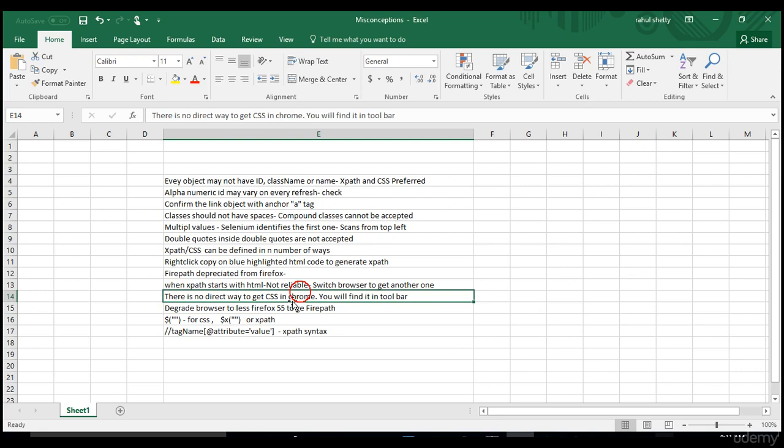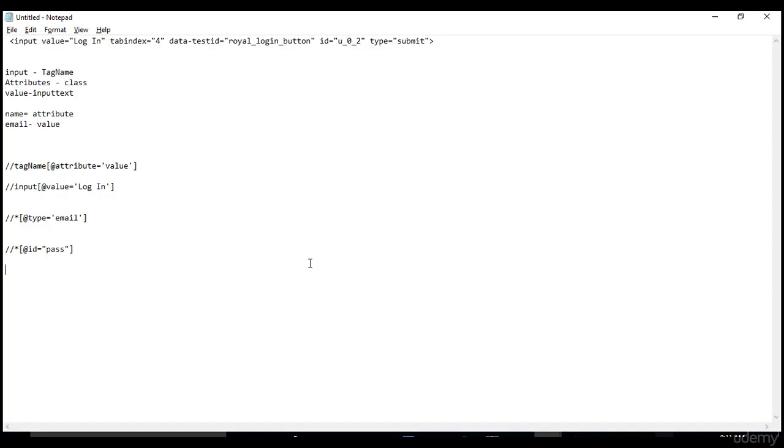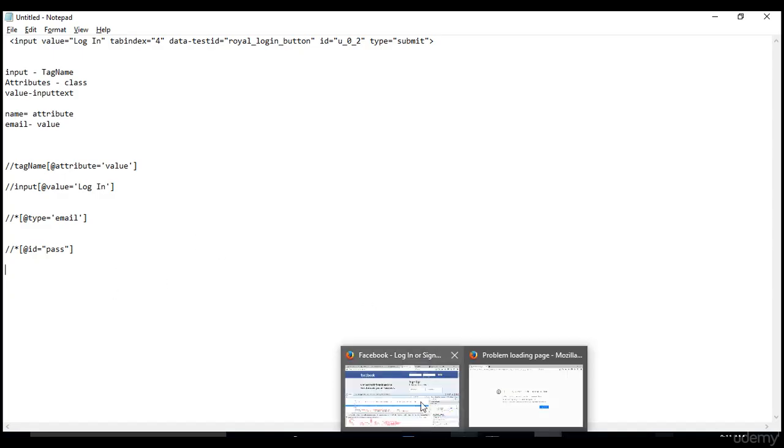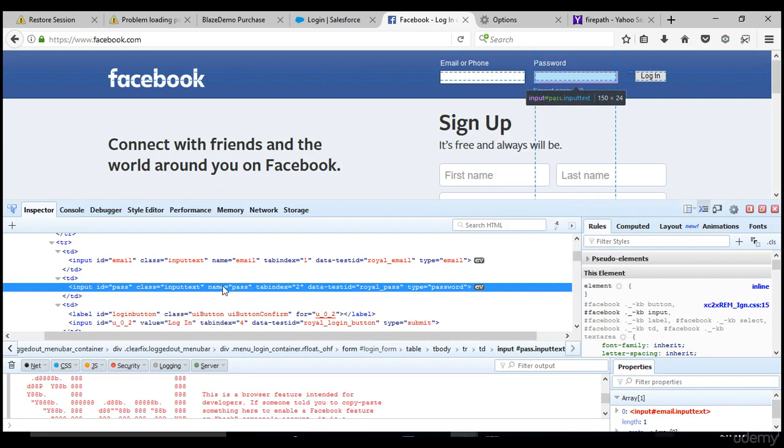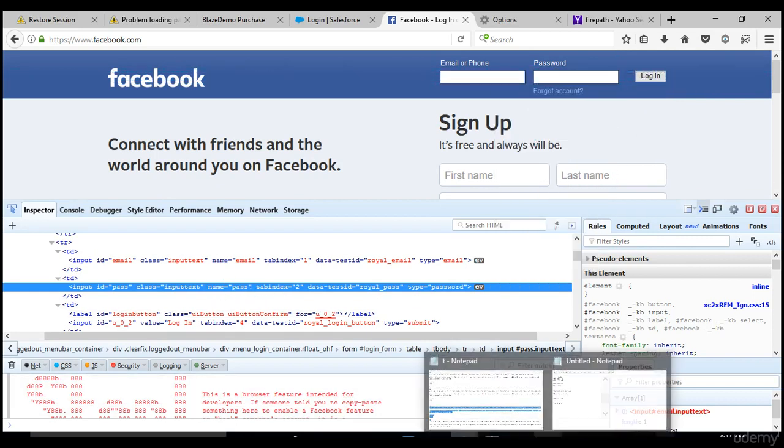Didn't I add that? Yes, XPath and CSS can be defined in a number of ways. You might take any attribute to form an XPath. When we took the XPath simply from the browser by right-clicking and copying XPath, it took ID as the attribute to form the XPath.